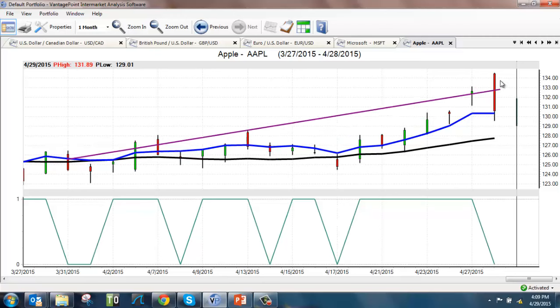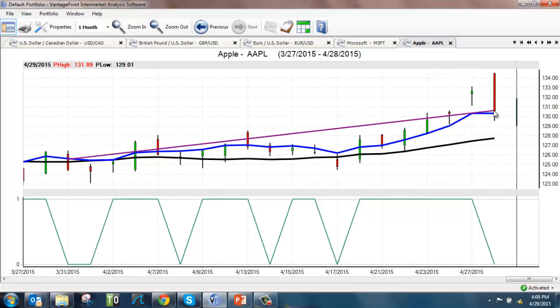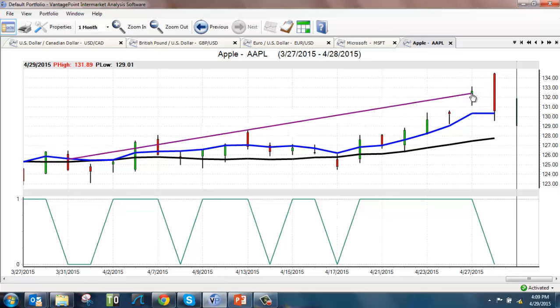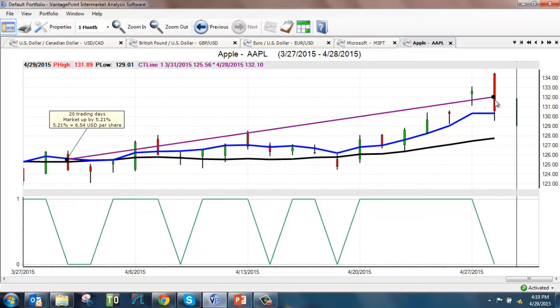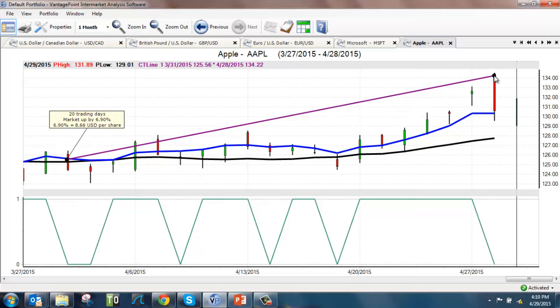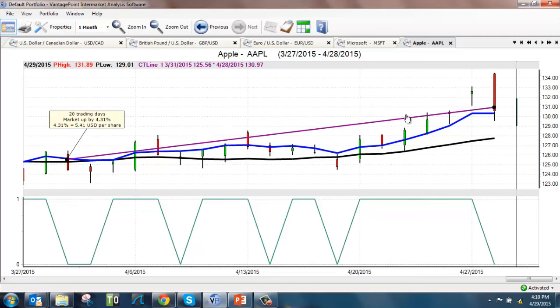And right here, I want to talk about this day right here. This was yesterday. There was a dramatic drop in Apple. Up till yesterday, the profits on this are about 5%, almost $7 per share. Now, a lot of people lost all of that money yesterday because they didn't have effective stops in play. Now, VantagePoint forecasts the next day's high and low for every stock and every market that we've been talking about so far. And yesterday, I can assure you, using our predicted low, I can see where you would have been stopped out at any point in the second half of this candle in this lower region here, still up over